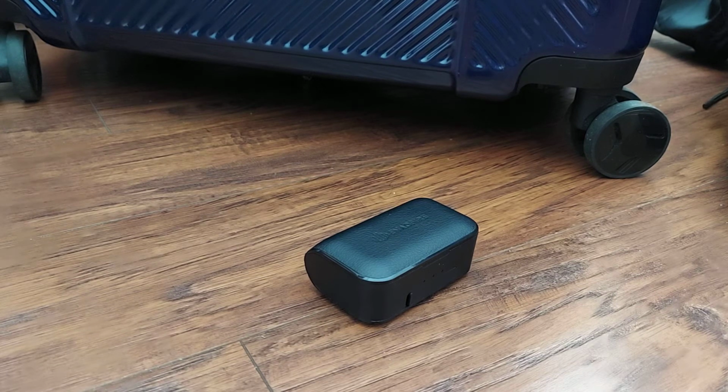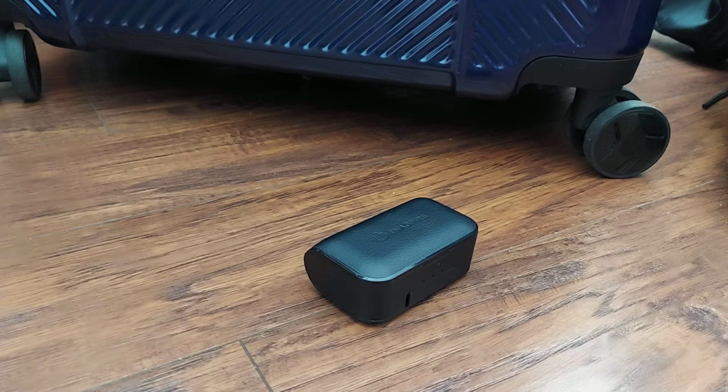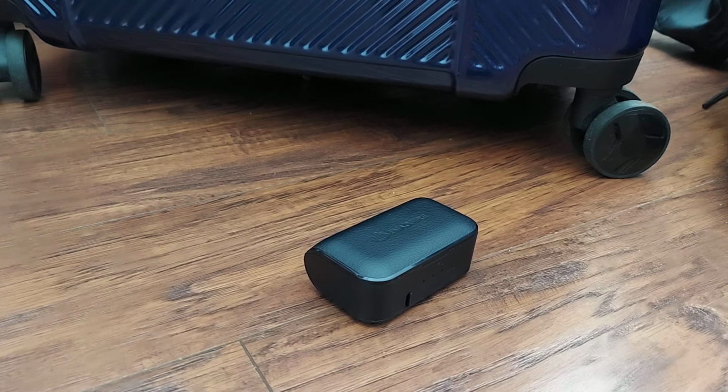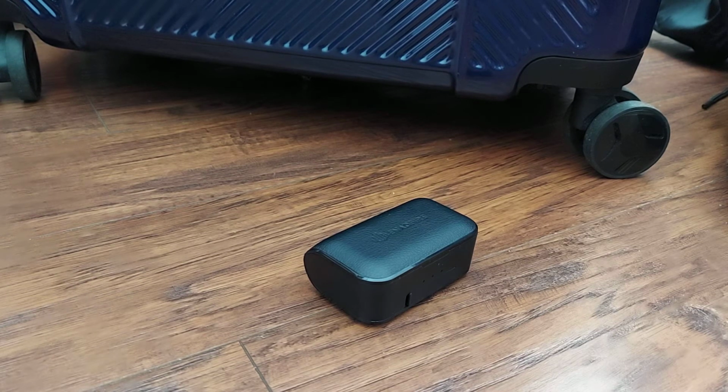The playtime when you charge the earbuds, I believe, is like 6 to 8 hours, just the buds themselves. But with the case, it's a whopping 200 hours of playtime. The case capacity is 2600 mAh, and